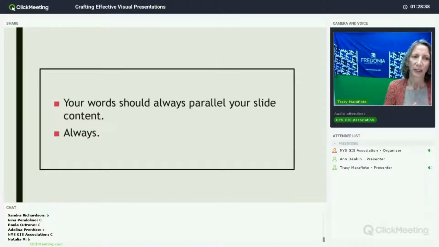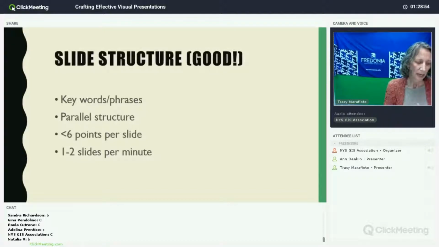So your words should always parallel your slide content. You want to make sure that you're not making your audience choose between listening to you and figuring out what's on your slide and how it connects to what you're saying. So let's look at a better example. This is simple, it's concise, it's uncluttered, it reinforces the primary ideas, and I'm going to talk about those primary ideas in just a moment, while encouraging the audience to actually listen to you. Now I'm going to talk about this terrible slide design a little bit below, but in terms of the text, this sleek and concise structure really is the goal that we are going for.